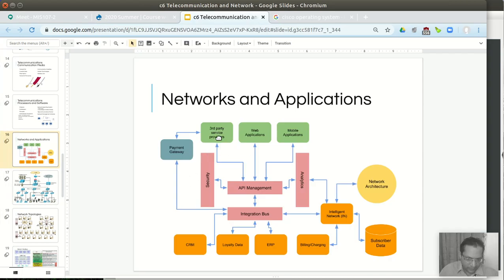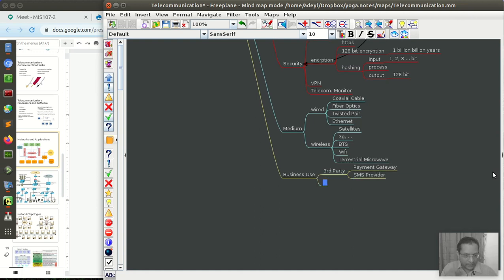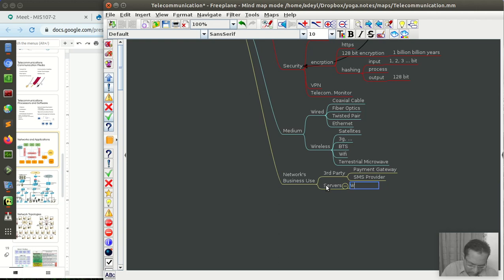Other service providers, so it could be an SMS provider. Then we have servers. So we are considering business use of networks. Within the server we have web servers.